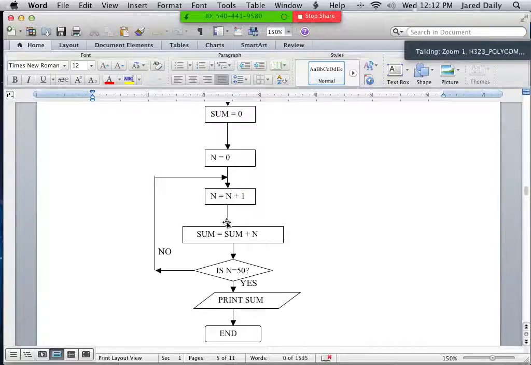And then the next thing here is to take the sum, which is 0, and let it equal itself plus n. So n is now 1, and if sum is 0, then sum is now going to be 0 plus 1, which is 1. And then you ask yourself the question, is n equal to 50? Have we done this 50 times, in other words? If it's no, then you go out this way, and this is the no path. You follow this path around, and you start the loop again, where you let n equal